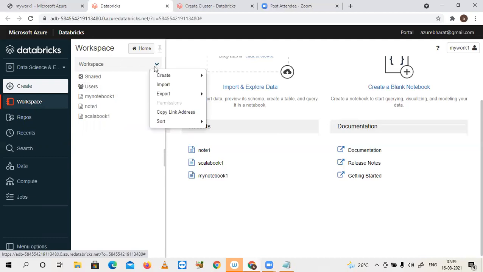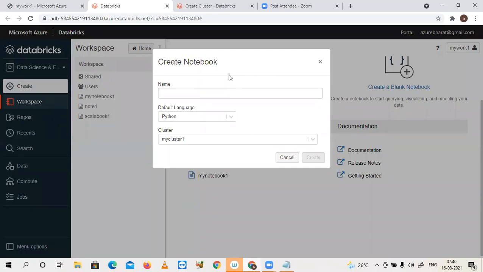Click the drop down of this workspace. Here you have create, import, export, and all these things. In create, as the first step, I'm going to create a notebook. I'm not going to use any external libraries, that's why I'm simply going to create a notebook. The notebook is asking me on which cluster. That means if I write some code in the notebook, the code will be executed on this cluster.